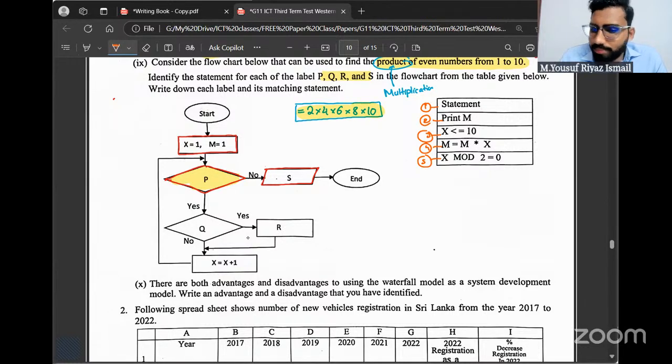I'll give you a hint. There are two answers you have to give me. Out of these, there are two statements which look like a condition. What are those two? Correct.